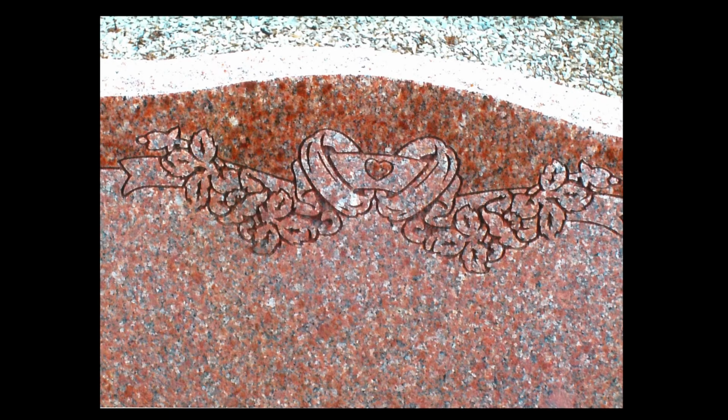Types of stone used for monuments. Granite is typically chosen for monuments and comes in a wide variety of coloring, from pink to black. This pink marker is embellished with a floral chain and a heart. Although not all types of granite are chosen for memorials, in New England, much of our granite comes from Canada